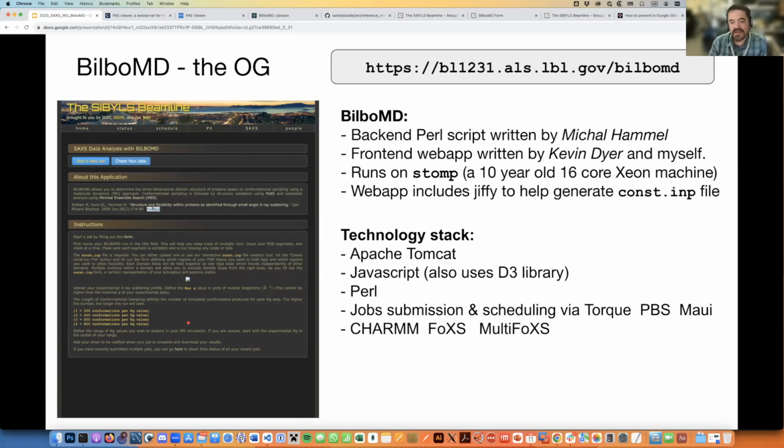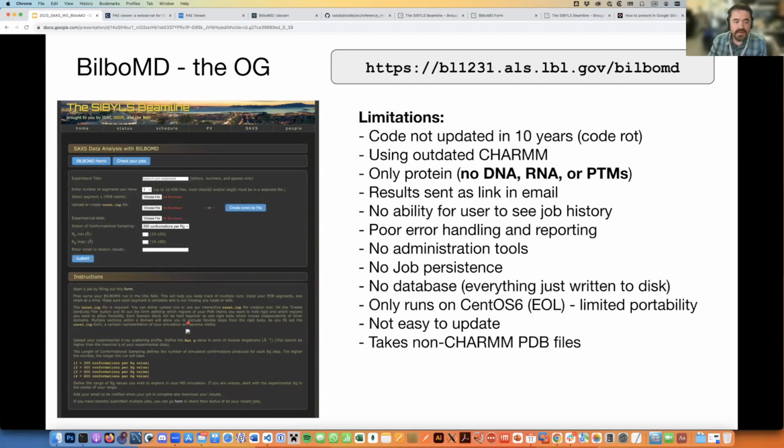So it runs on Apache Tomcat, uses JavaScript. The actual running of all of the FoXS, MultiFoXS, and CHARMM is done through a Perl script. And then there's a job submission system to queue people's jobs up so that the first job submitted is the first job run. So there isn't a huge amount of computational capacity. So if a bunch of people submit jobs at once, things will pile up a little bit, but eventually they will run. So the limitations for this BilboMD,